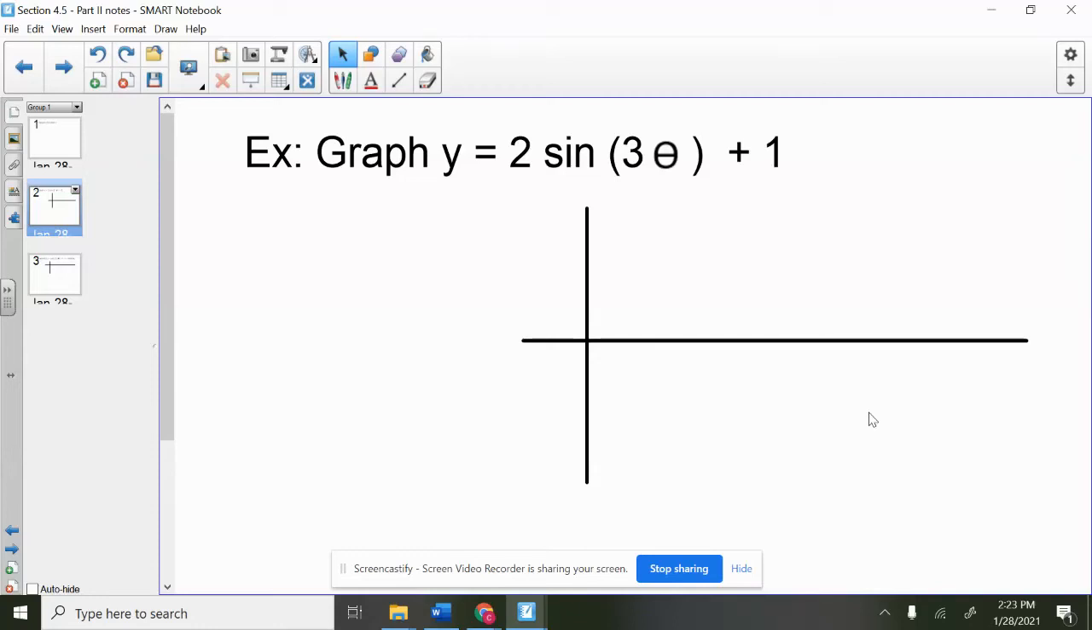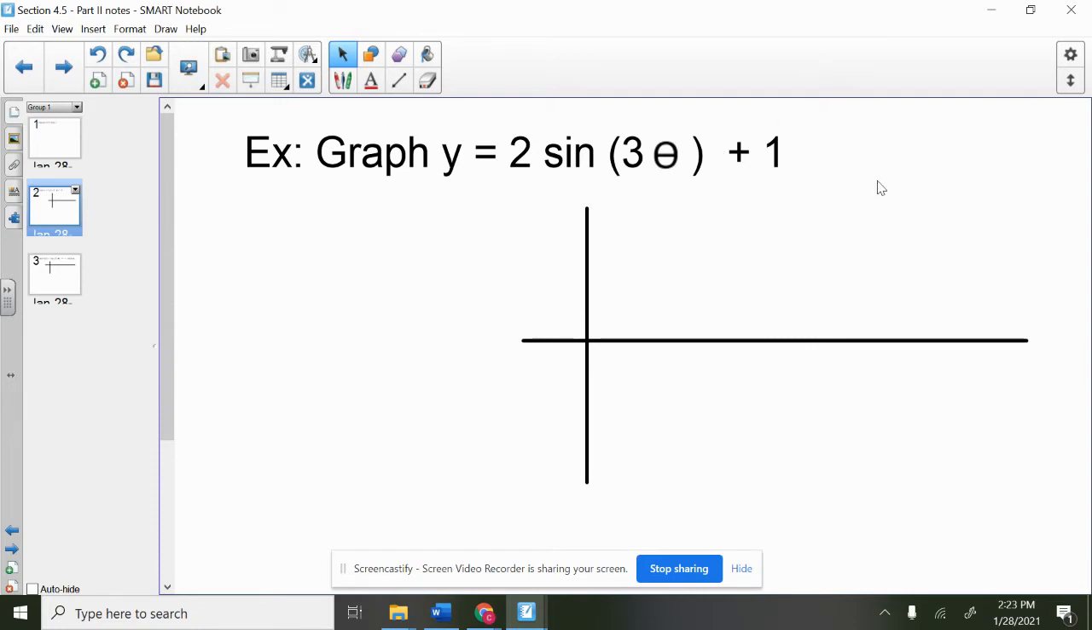All right, so this is part 2 of section 4.5, which is graphing trigonometric functions. If you have not watched the live lesson from Wednesday introducing these, then you need to do that first. Otherwise, this isn't going to make a ton of sense. The new part about what we're going to do today is we're going to start